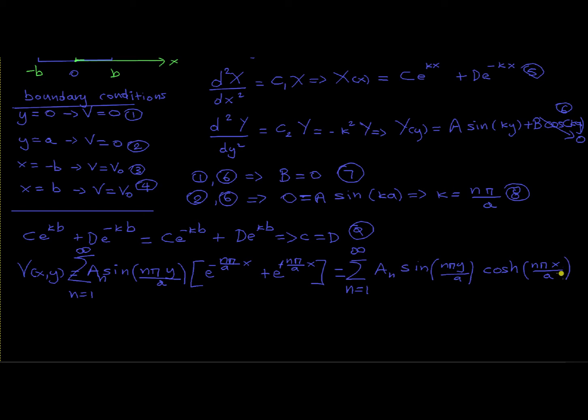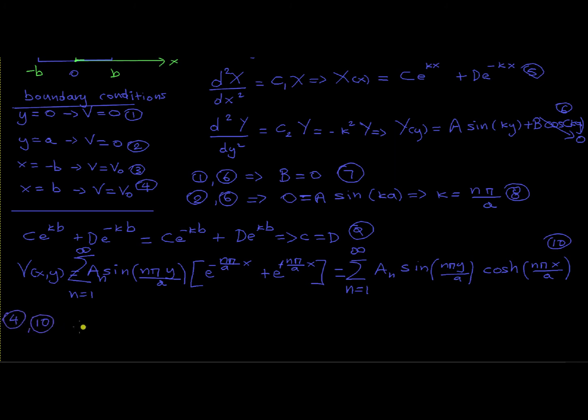And now I still need to impose the boundary condition that when x is b, the potential is equal to V naught. And remember, I already took into account the symmetry of the problem here when I set the constant C equal to D. So once I say that when x equals b, the potential is equal to V naught, because I took the symmetry into account, I'm done. So the last thing I need to do is apply, let's call this equation 10, boundary condition 4